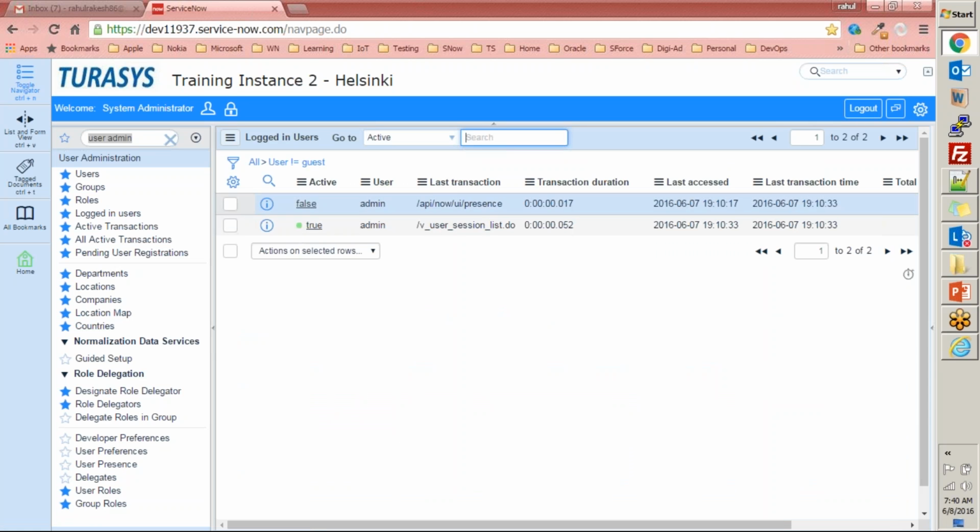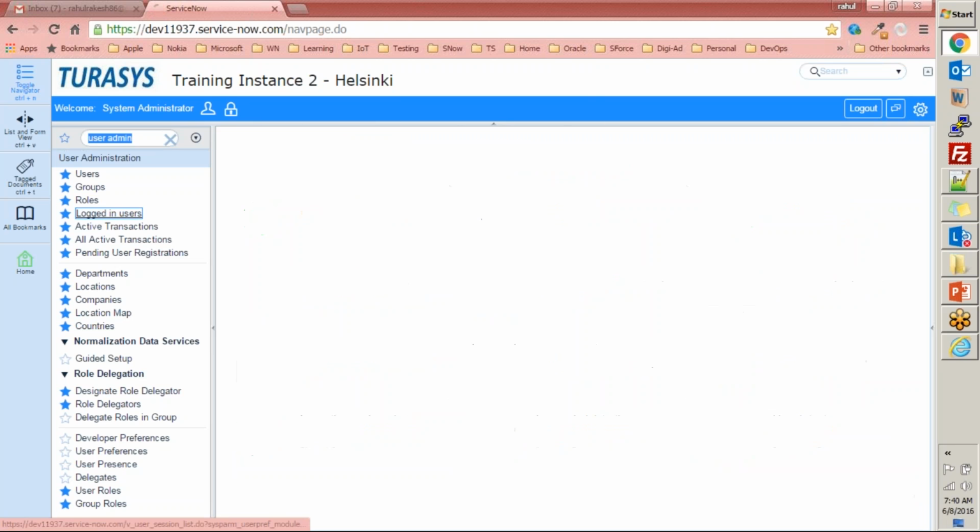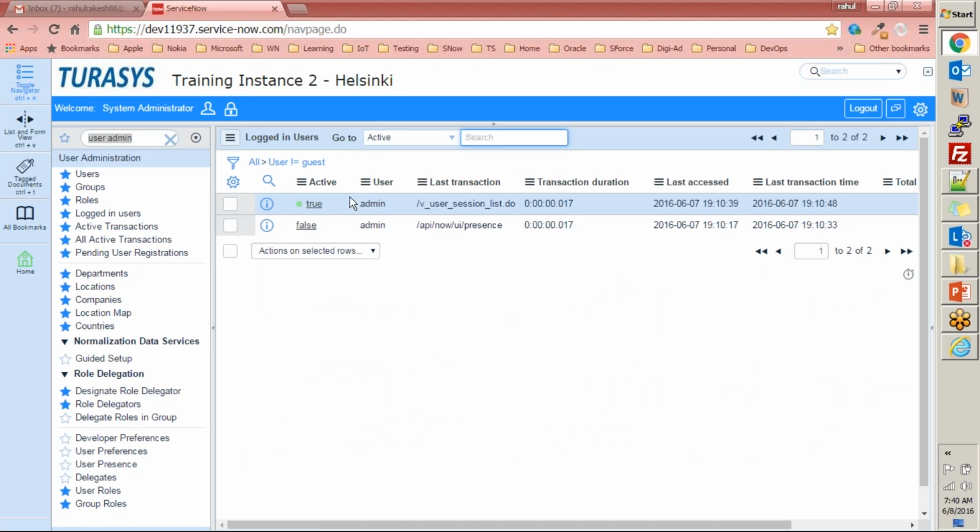When you lock out the user session, that user will go to the login page. He will not be able to continue his work on the instance and he'll be redirected to the login page. So for that, you have this logged in users module where you can see who are the logged in users to the system. Okay, makes sense. And it provides you different details like, is it an active user or not?